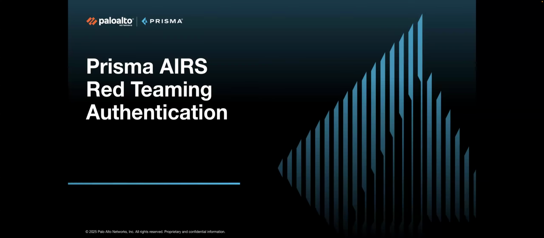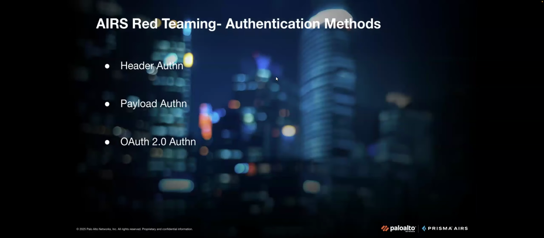Hi everyone, in this short video, we are going to see the PRISMA AIRS red teaming authentication. In terms of authentication methods, these are the three methods supported within PRISMA AIRS red teaming: header authentication, payload authentication, and recently PRISMA AIRS launched OAuth 2.0 authentication. So today we are going to look into OAuth